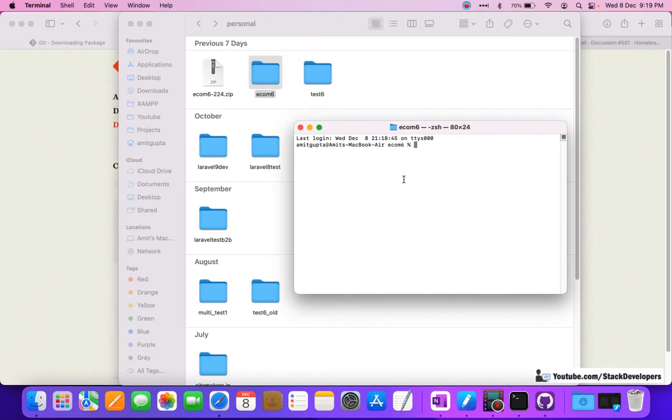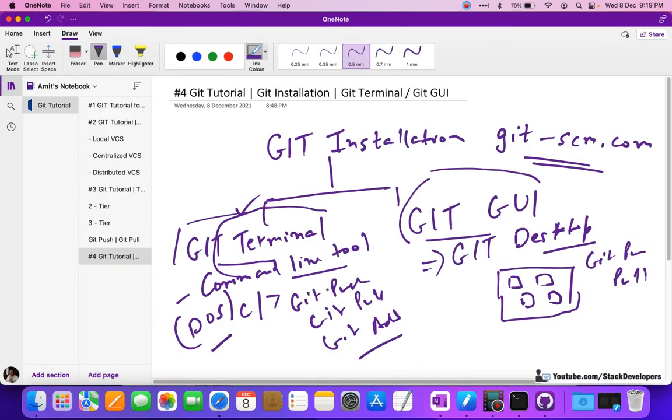Starting from the next video, we are going to learn many commands. We will start from git status. Right now it will not work because we have not initialized our project. I will explain all the commands in the next video. We will start working on some of the most popular commands of Git.